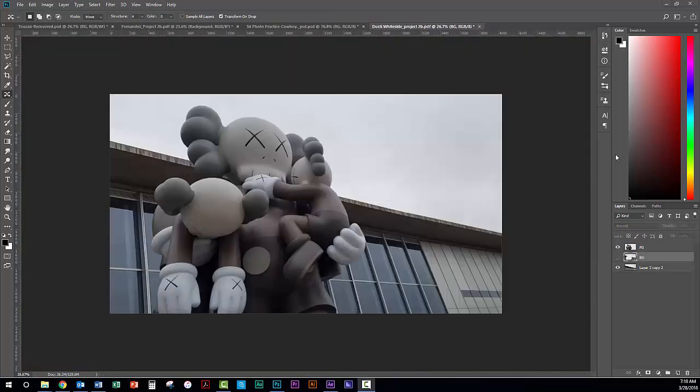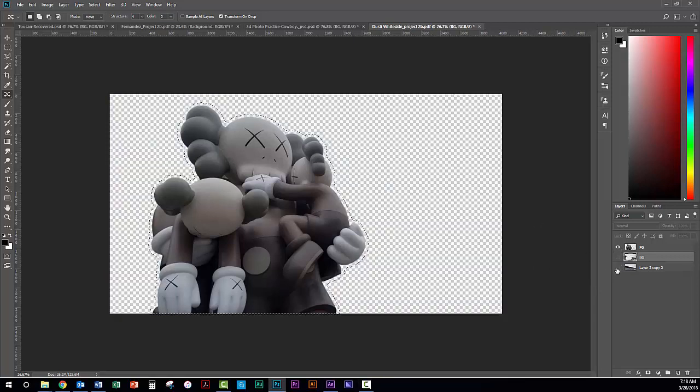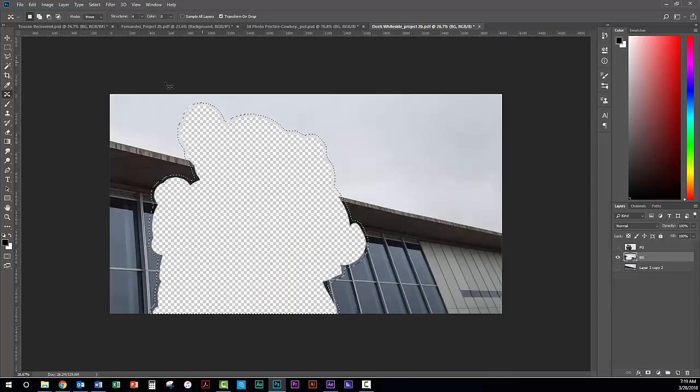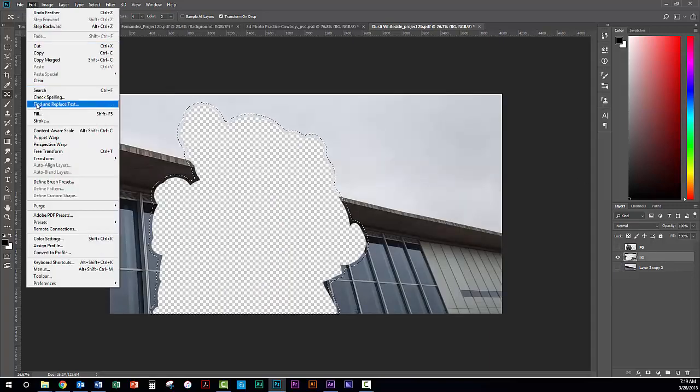Now, the last one we're going to look at is really one of the trickiest ones, and this is one of the reasons why you really want to be careful with what you choose as your image. Now, what we've got here is a nice foreground. It's been cut out nicely. Again, we've got it selected and feathered and expanded and all that good stuff. And now we're going to fill in this area. And when you use content aware fill,